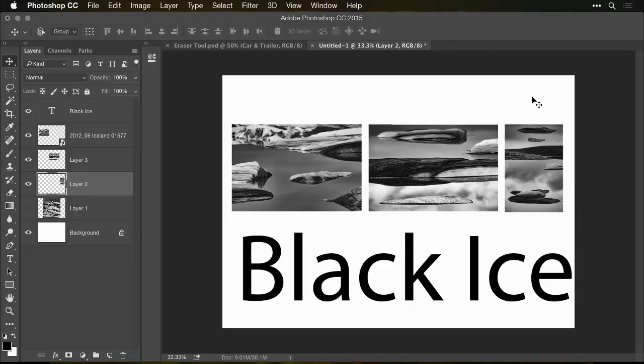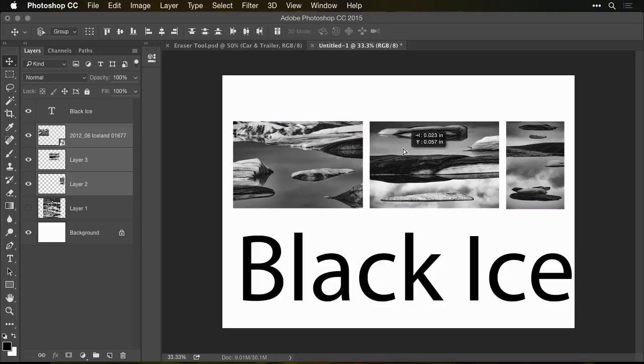Then I can actually click out here in this space, Command click and drag. Now when I drag, watch my layers panel. You notice that this, which looks like a selection, is only touching one of those layers. So only one layer is active in my layers panel. But if I drag it over here where it overlaps two, both layers are now active. And if I bring it over where it's covering all three, you can see that three of them are. If I bring it so it also covers the text, you'll see it becomes active. So I do that and let go so that now those layers have been targeted,